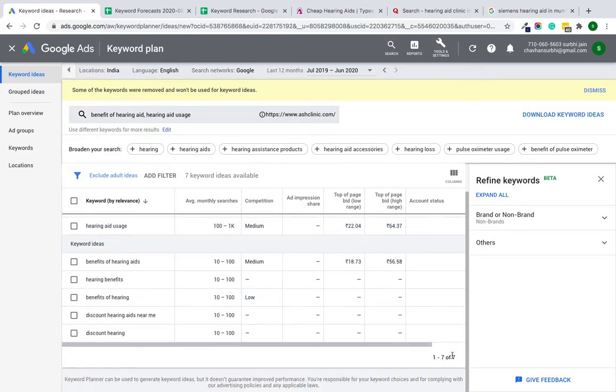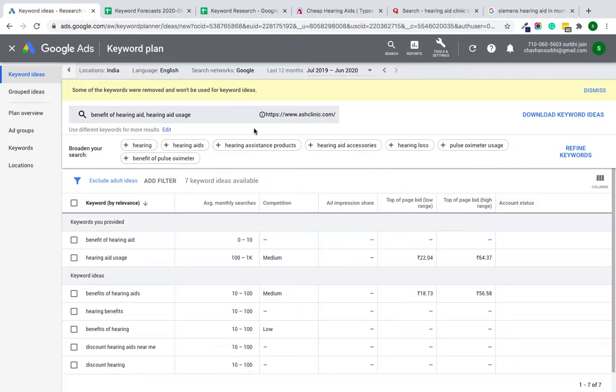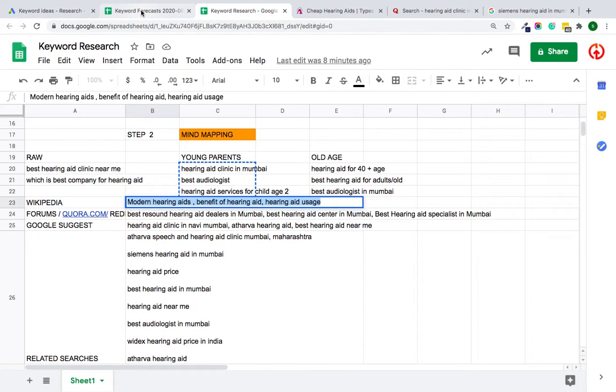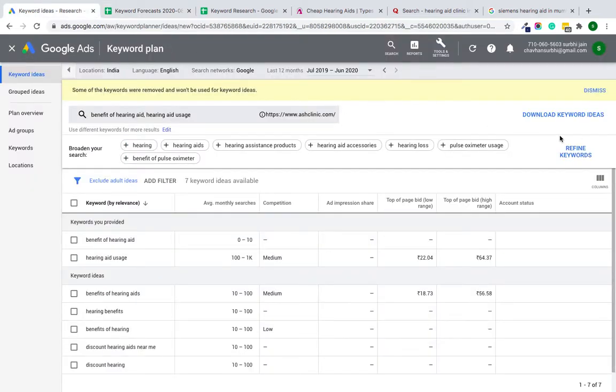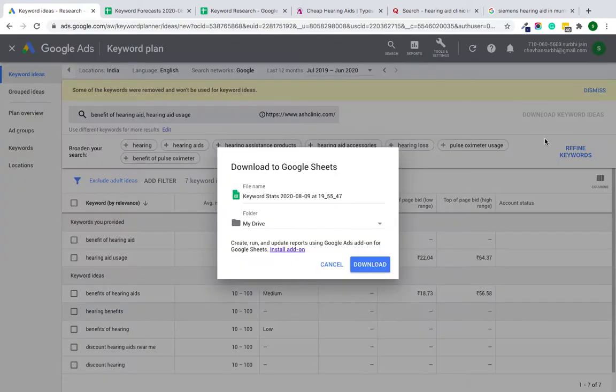If you see, we can also change keywords. So if I want to broaden it more, I can do it more out here. So I'm just putting it up here. Again, I can download keyword ideas, and in case I want to change them, I can change again. So if we see our sheet, okay, I had downloaded another sheet. So I would have to download historical metrics, and in these historical metrics, we would need just average monthly searches and competition. And say for example, we go to download Google Sheets,